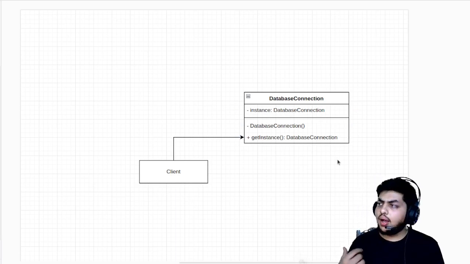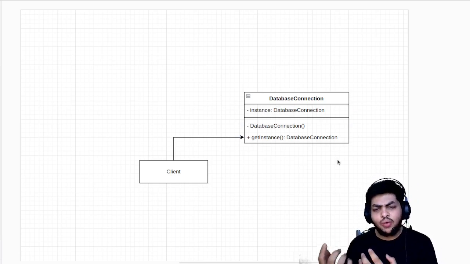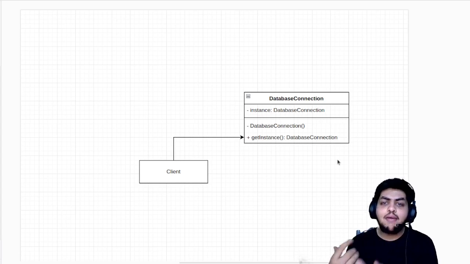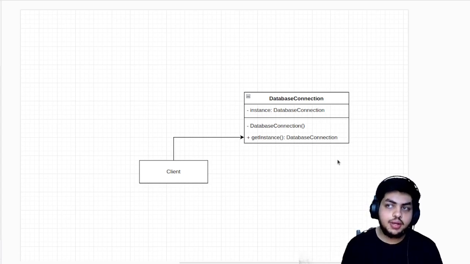So if we think about the logic, we know that all of our logic is going to go inside this get instance method, where we need to decide that if we already have an instance created, we need to return the same instance. All right. So how do we do that? Well,